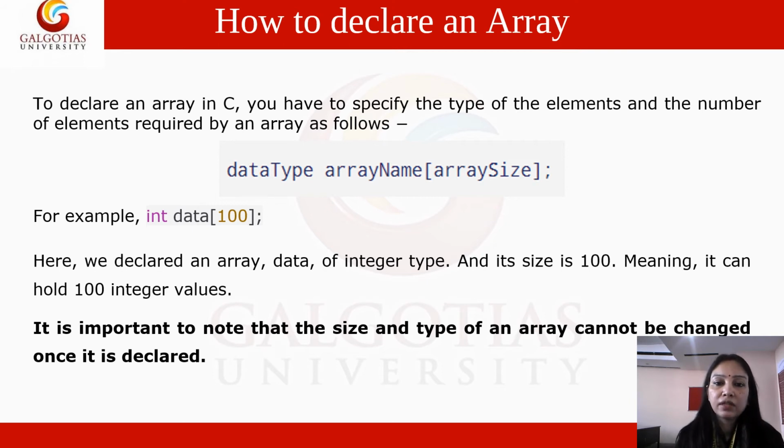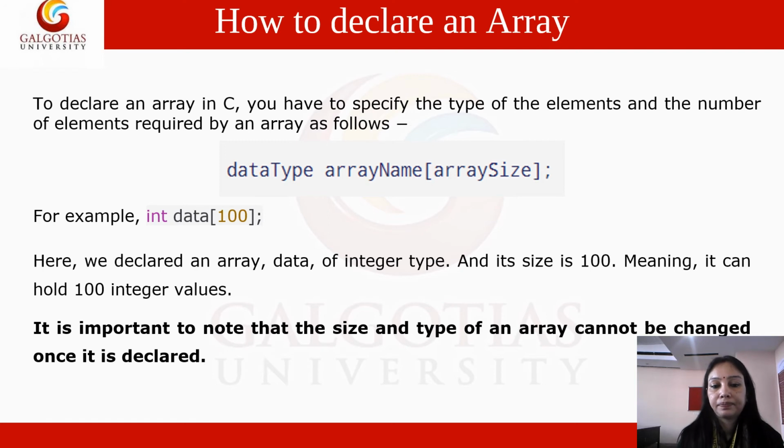Data is the name of the array, so int data[100]. This is similar to the variable declaration, but now you see the difference. If you have to declare 100 variables of integer type, you have to declare them 100 times. Like if your variable names are a1, a2, up till a100, you are going to write a1, comma, a2, comma, a3, up till a100. So this array resolves your problem. After giving only one name and that size, you can access or store all your 100 elements